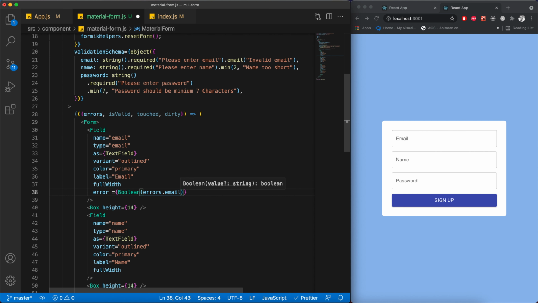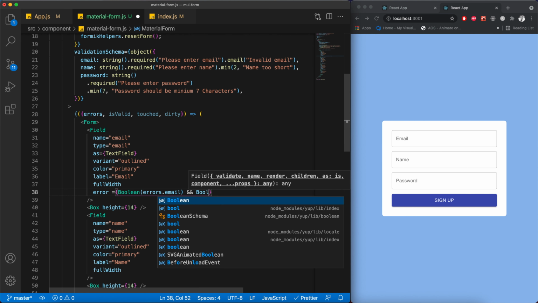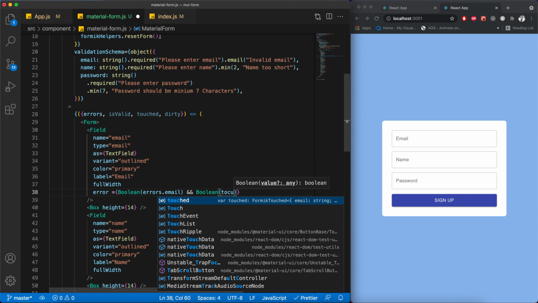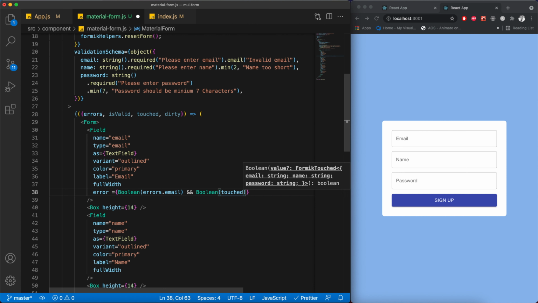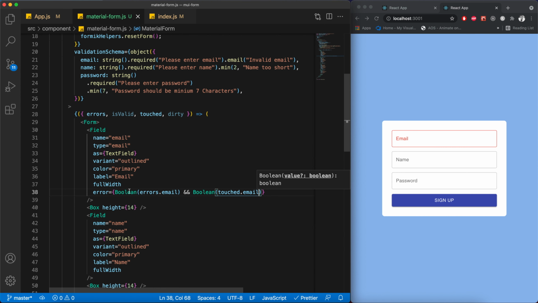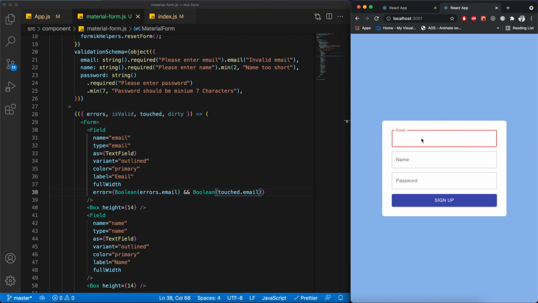So I'm using a Boolean over here, and I'm also going to check the Boolean of the touched property, the touched property which we are getting from Formik, and we are again using touched.email. So if our email field is touched, like if the user has touched the email field, then yes, here we can see that since we have touched it, it is giving a red error